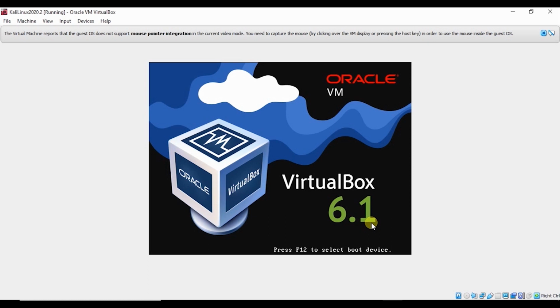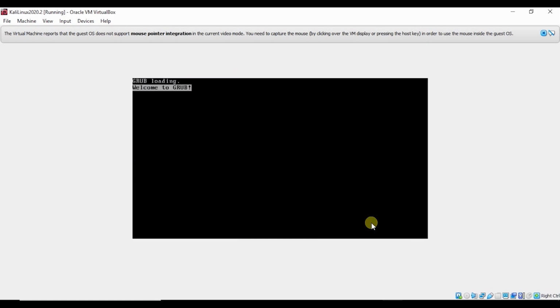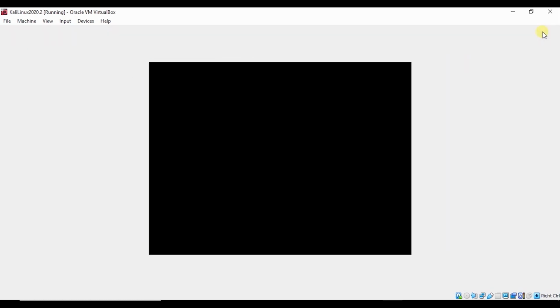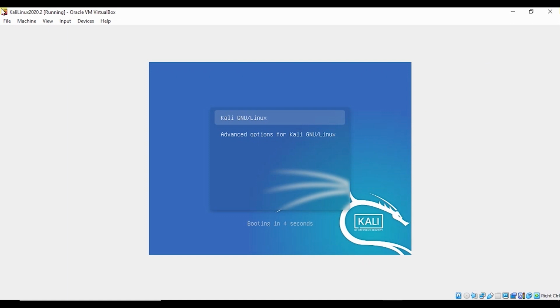So as you can see that it is restarting the system. And here just click on Kali GNU/Linux, and you will be ready to use Kali Linux 2020.2.